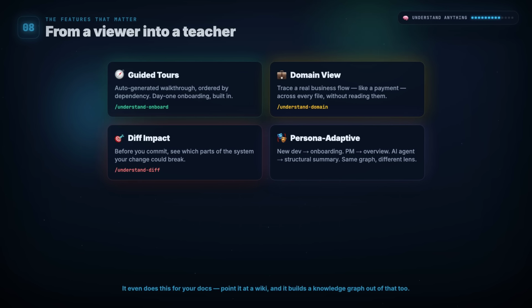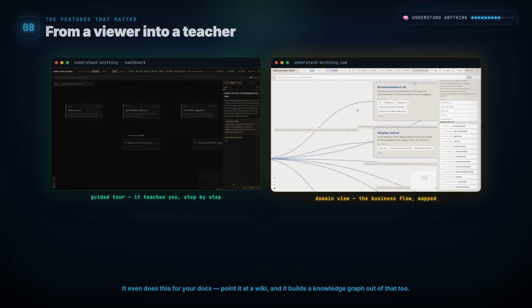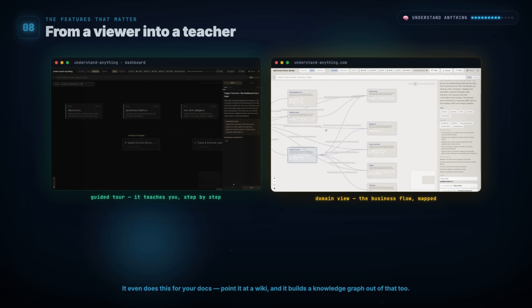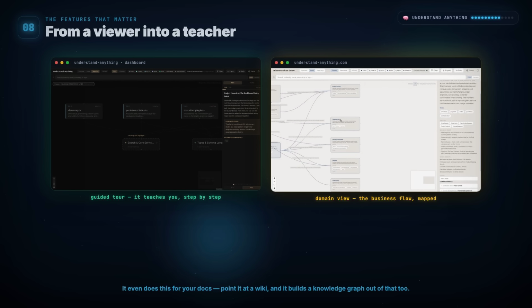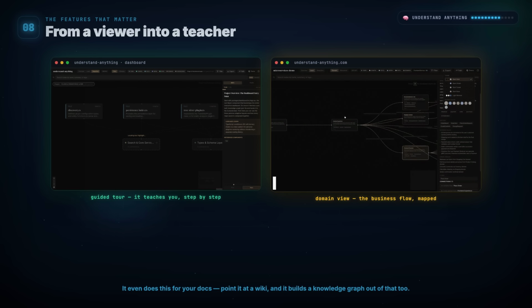First, guided tours. It auto-generates a walkthrough of your code base, ordered by dependency. So it teaches you in the right sequence. Exactly what you'd want on day one. Second, the domain view. It maps your code to real business flows. So you can trace something like, how does a payment actually get processed across every file involved without reading any